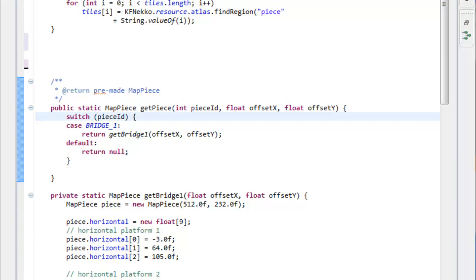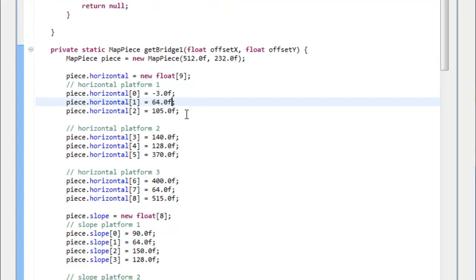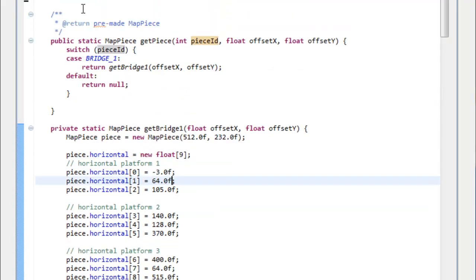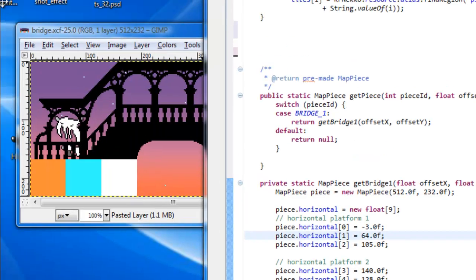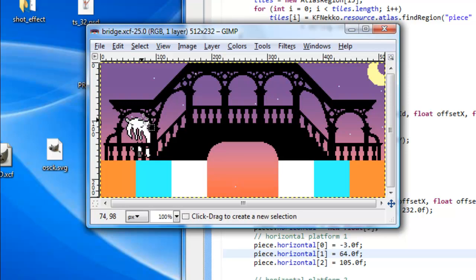The way we were generating the map pieces, we were saving pre-made map pieces, like for example the bridge over here. We were saving the bridge like it was a pre-made thing. So we don't want that. We don't want to